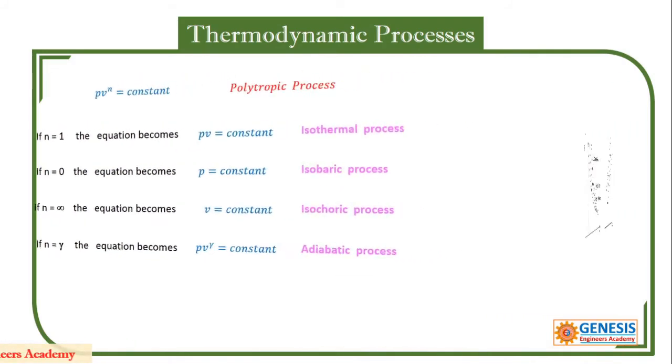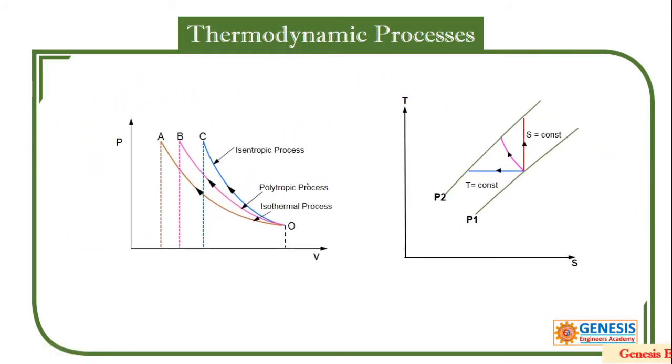So this is what I am showing. Which process is having more slope? Which process is having more slope? Slope is nothing but what? That is tan theta. From a right angle triangle, if I use this one, this is the opposite side for this angle, this is the adjacent side.